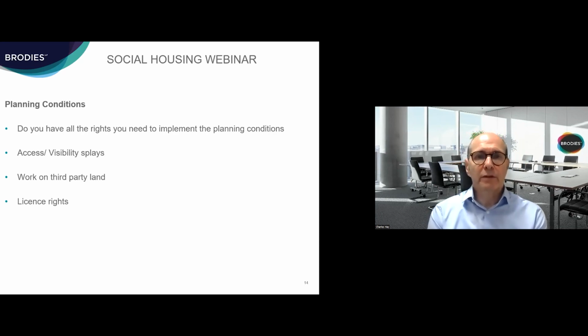There may be a requirement to carry out work on third-party land, and in that respect, you may be looking to negotiate a license arrangement with a third-party landowner. So I think the point with regard to this one is just to ensure that as soon as you're aware of the planning conditions, you review those in the context of what rights you have and what you may require. Just on to the next slide,